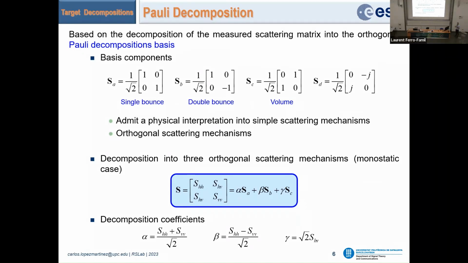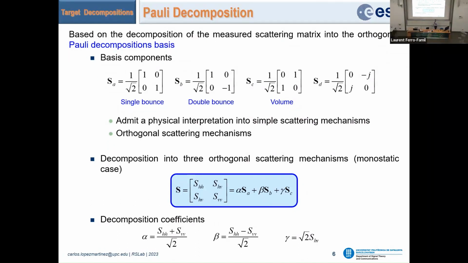Volume means a lot of complex interactions, because it's multiple bounces. At the end, volume is multiple bounces. So when you have multiple bounces, you have changes of polarization from HV to VH. That's why volume appears in HV. As you can see, these very basic building blocks allow a very simple physical interpretation. So now, the idea is how we decompose a general scattering matrix